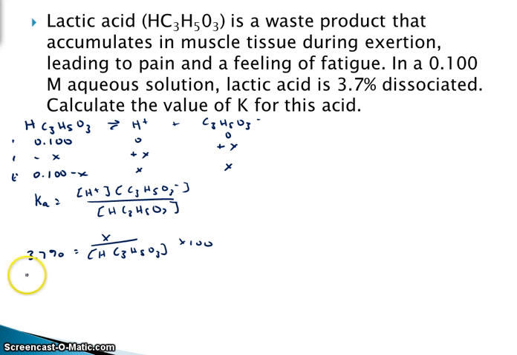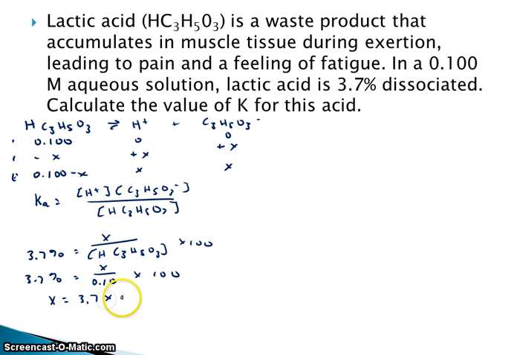So we've got 3.7% equals X over 0.10 times 100. So we'll divide both sides by 100, multiply both sides by 0.10, and we get